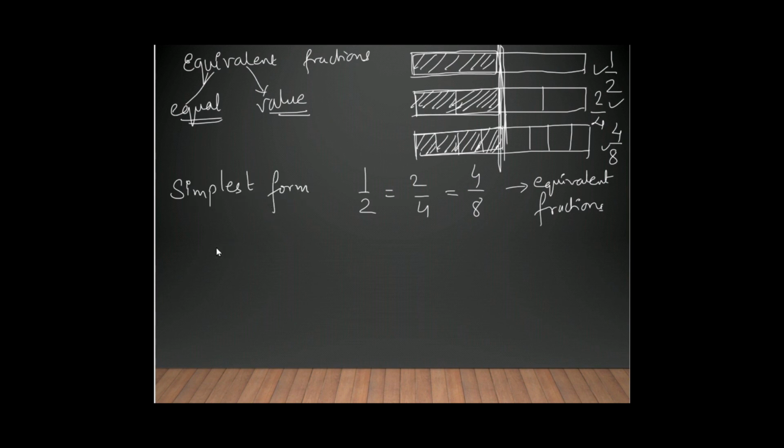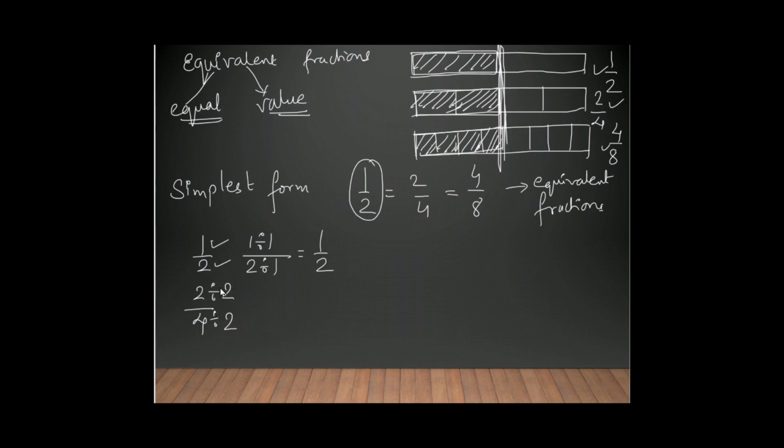Now, what do I mean by simplest form? Like, if I see this fraction half, I have a 1 here and a 2 here. Now 1 I can only divide by 1 and 2 I can divide by 1 also. But after division I am going to get the same fraction, that is half. Whereas this 2/4 over here, this 2 I can divide by 2 and the 4 also I can